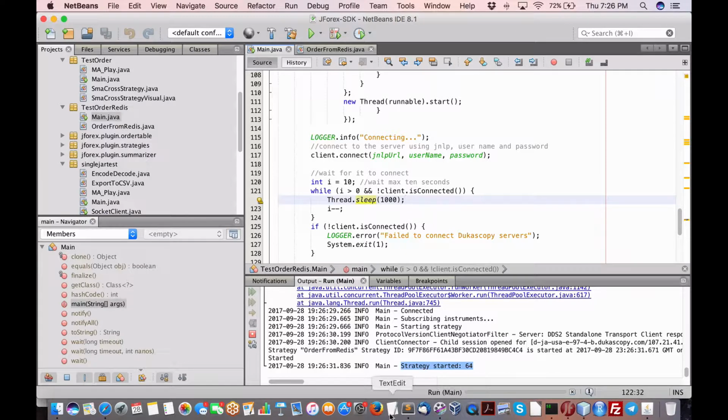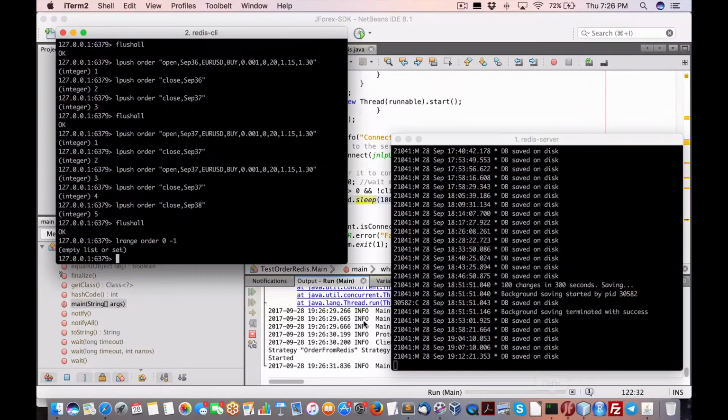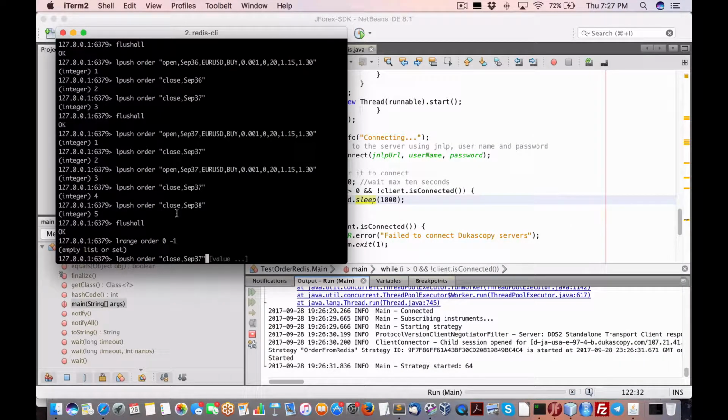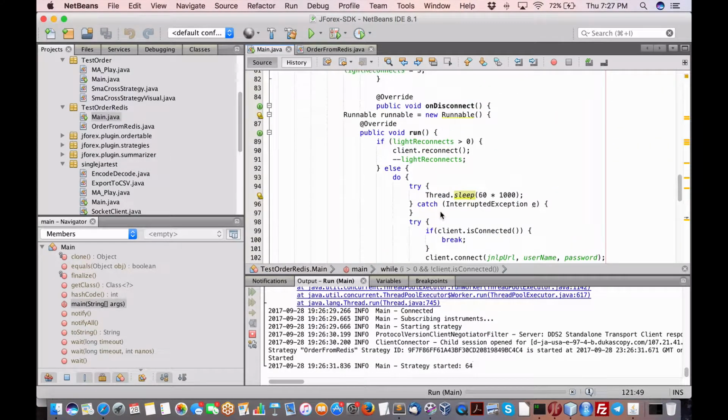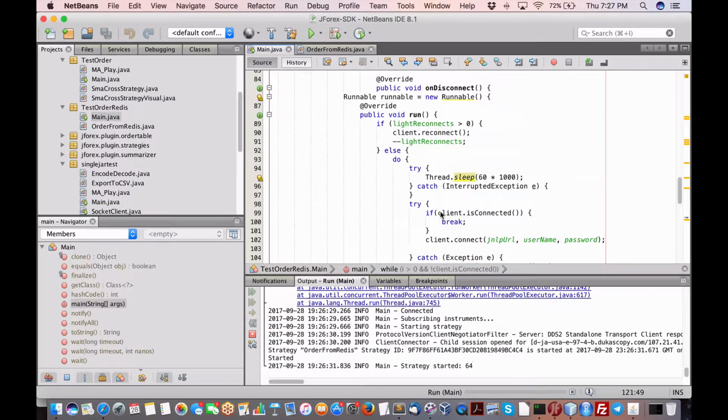Okay, so now that we have that running, you can see here it's strategy started. So now it's waiting to do something. What we're going to do now is push those orders into Redis, and you'll see what will happen here in the Java console. So I'm going to do a weird close, okay? Because as I said, we have some weird exception handling. So in this case, on the close,